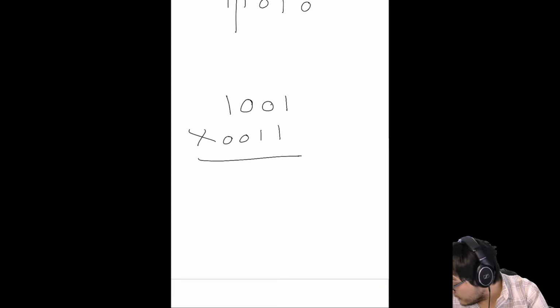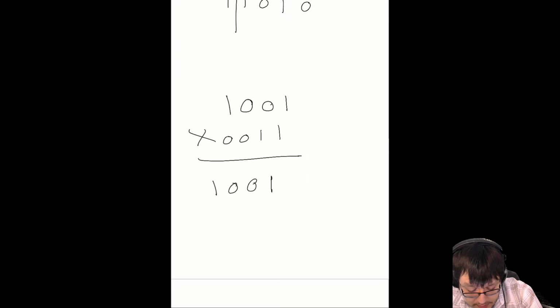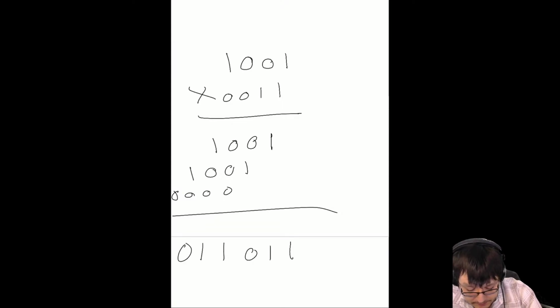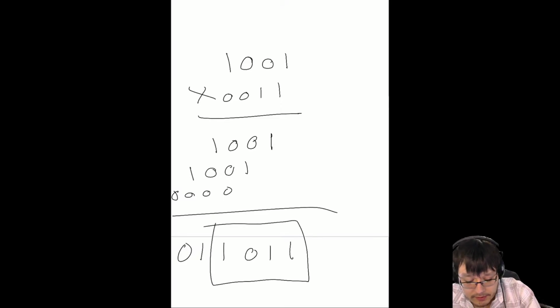So let's see. Let's try to do that. Well, here, let's just try to do it ourselves. So we should get 1, 0, 0, 1, and then we get 1, 0, 0, 1, and then just a bunch of zeros everywhere, which won't matter. So if we do this together and then we add it, we get 1, 1, 0, 1, 1, and then just a bunch of zeros. And if all we're keeping track of is 4 bits like that, then okay. Well, that would overflow in this example here,